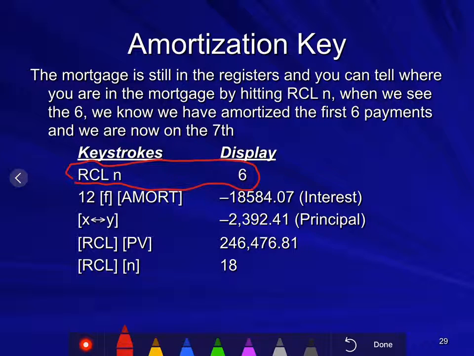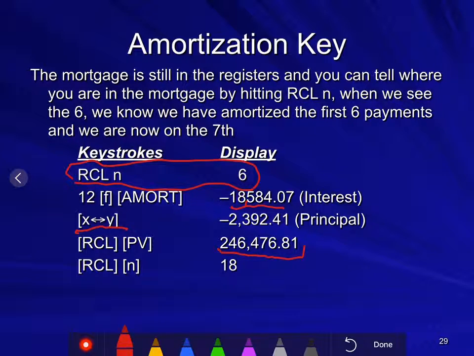We now hit 12 f amort, and we'll see this $18,584.07. And again, I don't want this negative. It's not a negative amount that went towards interest. $18,584 went towards interest, and hit the x exchange y key. Hit that x exchange y key, and it'll flip our X and Y registers around, and we get $2,392.41 went to principal. Recall PV, we see that our remaining balance at this point in time is